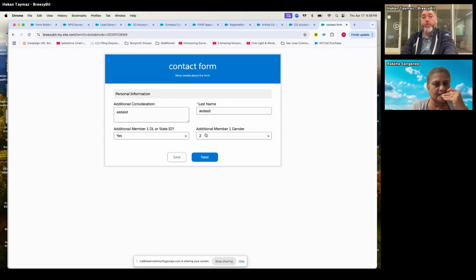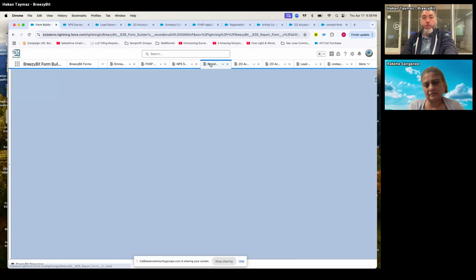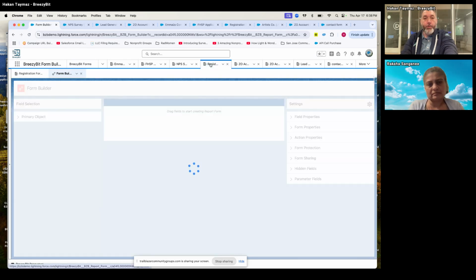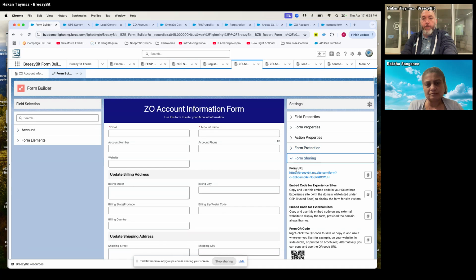All the values are going to be saved for you, so you don't need to worry about that too. And also, we have the enable PDF generation feature, as I mentioned before too. So, for example, for one of these field forms, let me see, what do we have here? Account information form, right? So if I go there,